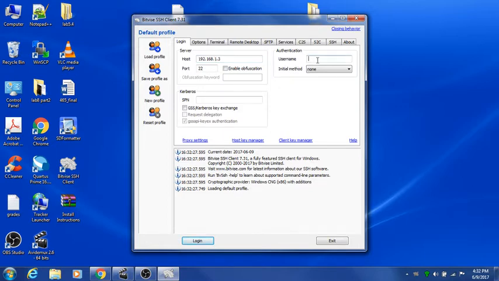192.168.1.3. You're going to want to go over to authentication, put in pi for the username, and then for initial method, we'll want to change that to password. The password for the Raspberry Pi is raspberry, R-A-S-P-B-E-R-R-Y. Once that is all entered in and you have your connection over the Ubiquiti M5 modems,